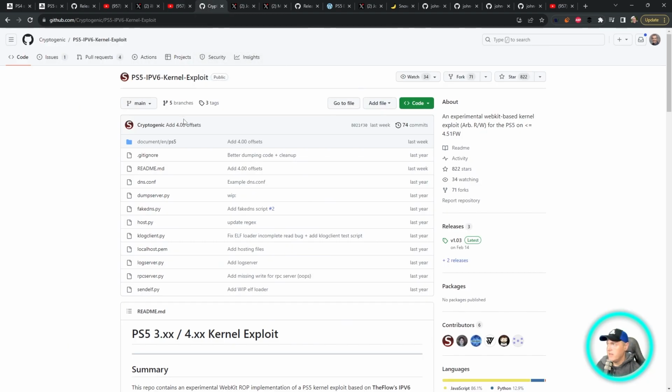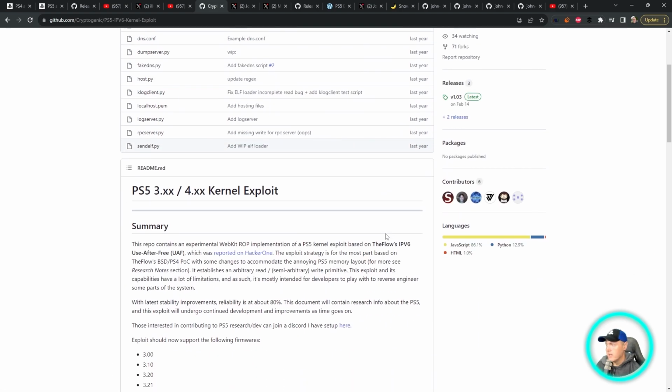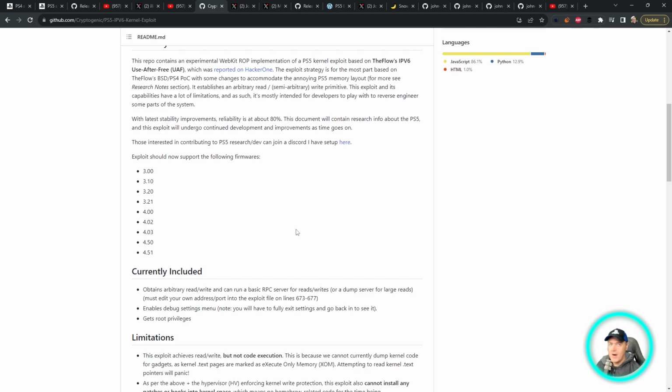And then there was an update for the web host that we all use to exploit our PlayStation 5. So version 4.00 is now fully supported. So you might be wondering, why is this just now a thing? Well, that is because